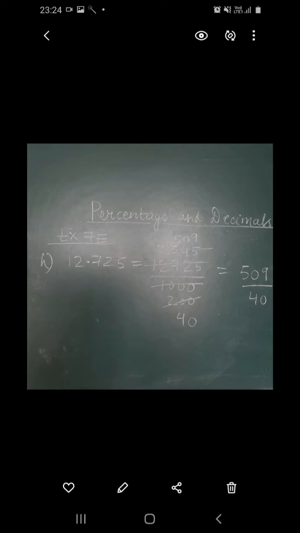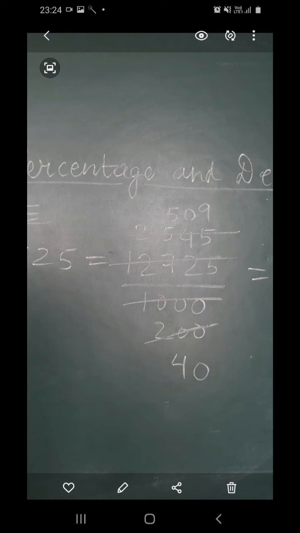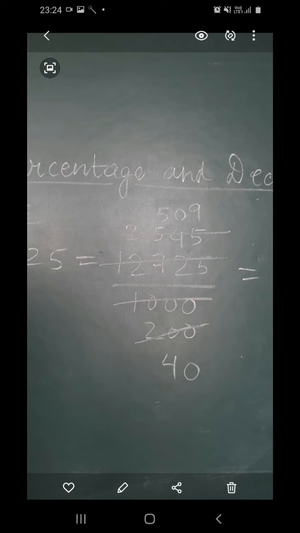Now the next option is option number H. It is 12.725. It is having 3 digits after the decimal point, so I have written 12,725 upon 1000. Now in the denominator I have placed 3 zeros after 1. So now we have to simplify it. 5 2s are 10, 2 remainder, 5 5s are 25, again 2 remainder, 5 4s are 20, then 5 5s are 25. In the same way 5 2s are 10, 5 zeros are 0 and 5 zeros are 0.